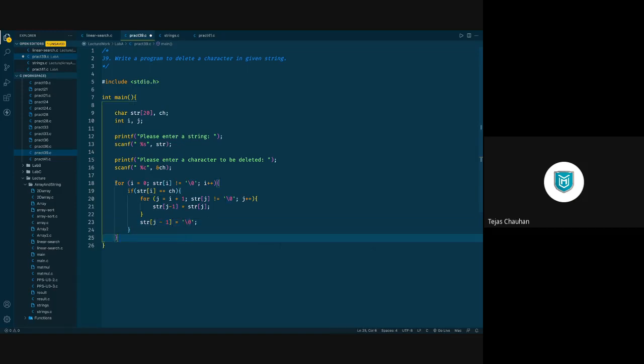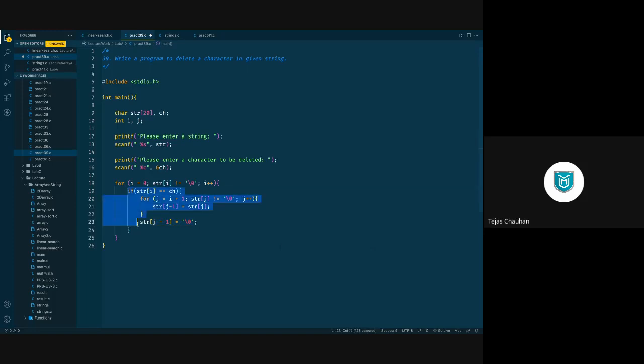Now this is the code. Linearly you go and search your character. अगर वो character मिलता है, then what you'll do is you will shift all the remaining characters to the left side, one place left. And at the end, you are going to append it with null character here.